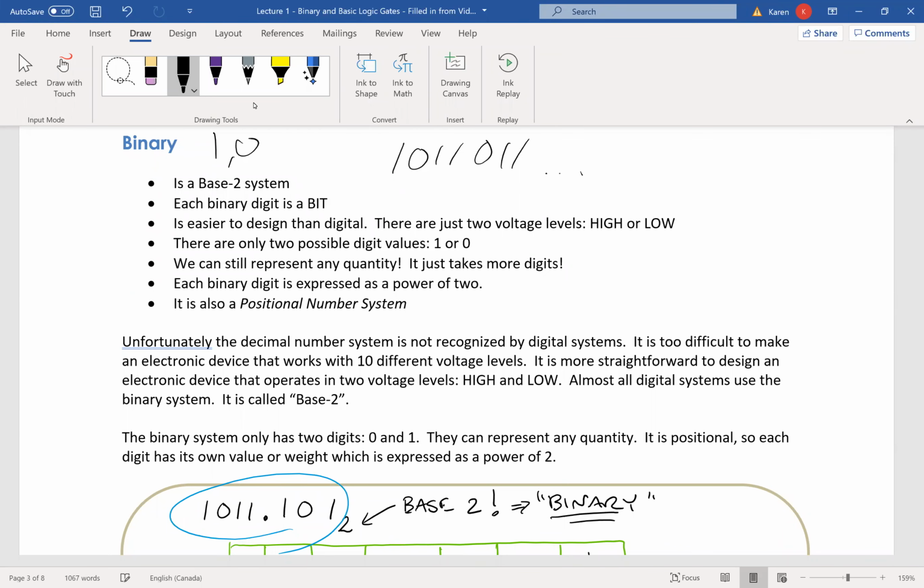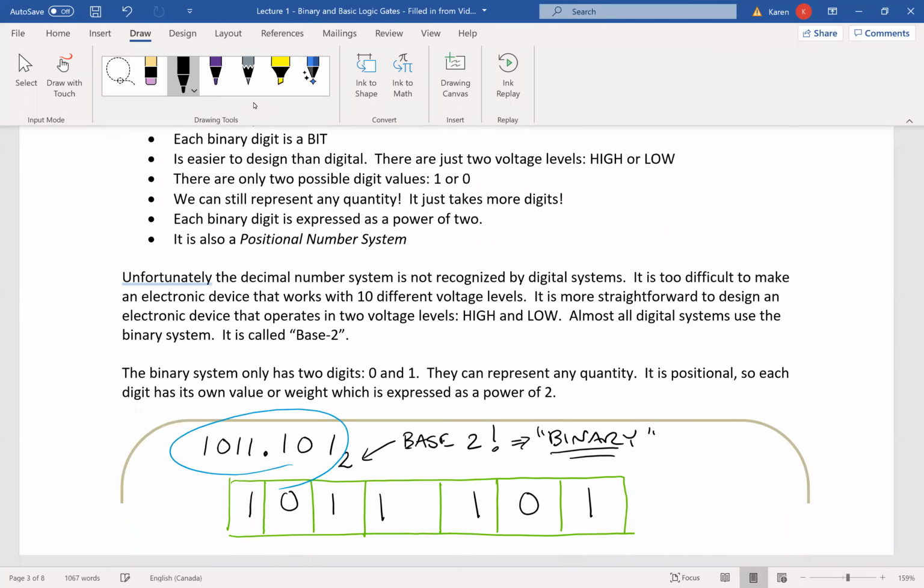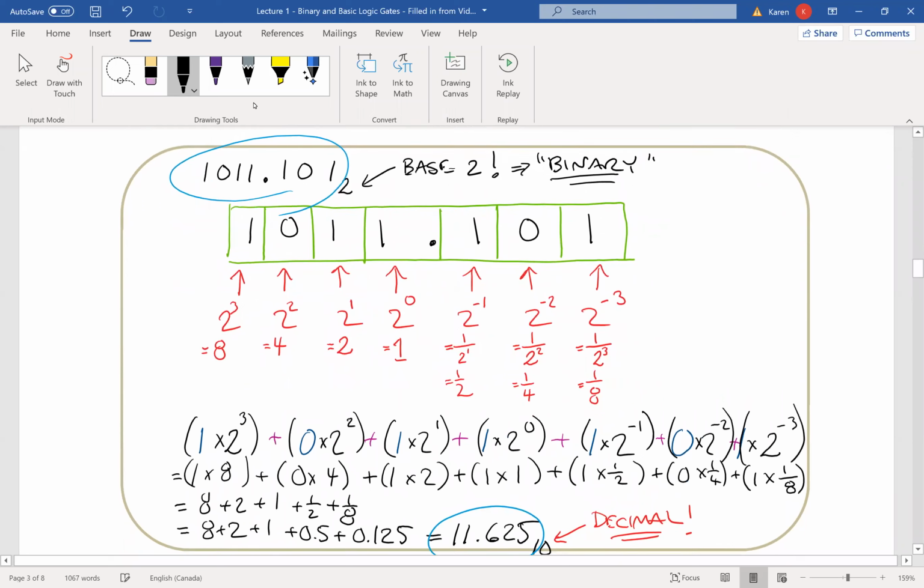Each binary digit is called a bit. So this is a bit, this is a bit, this is a bit. They can only be ones and zeros. It's a base 2 system. So let's sort of decompose a number: